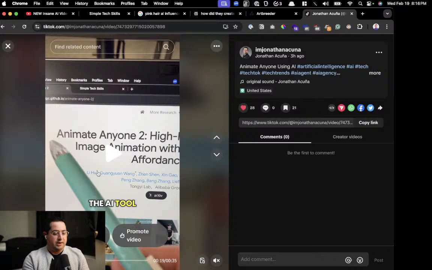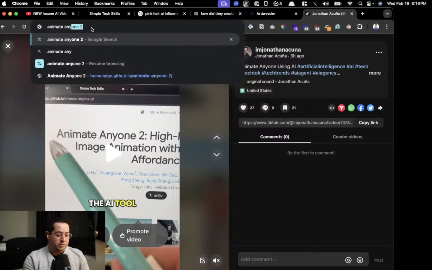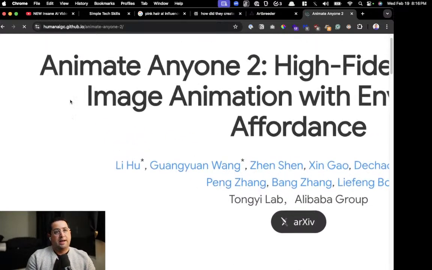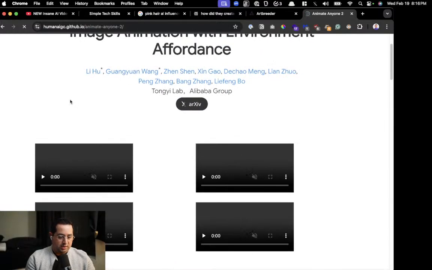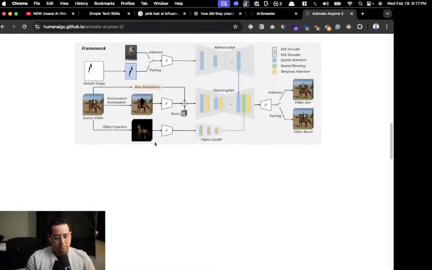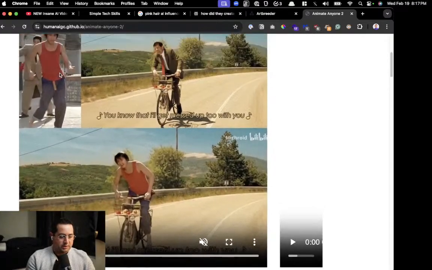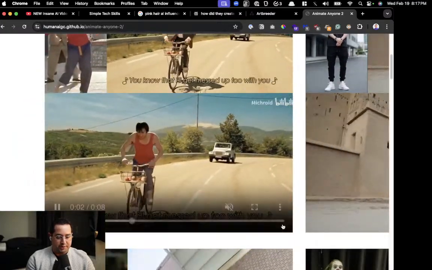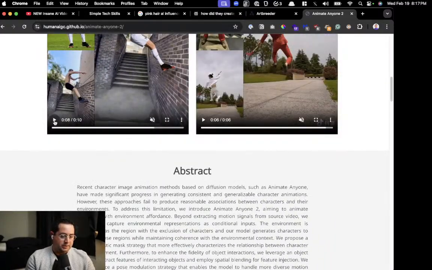Okay. Oh, Animate Anyone. Let's do it because I can show you a better demo. Animate Anyone 2. I wonder what version 1 looked like. So this software is called Animate Anyone 2, and it works along the same principles. Let's wait for this to load. Internet is slow. Okay, cool. I just need one for an example. It's loading all of them. That's fine. Let me pause. I'll show you each of those.